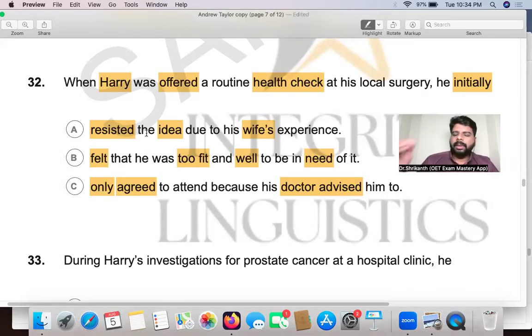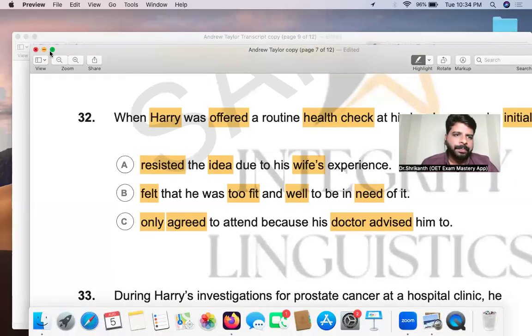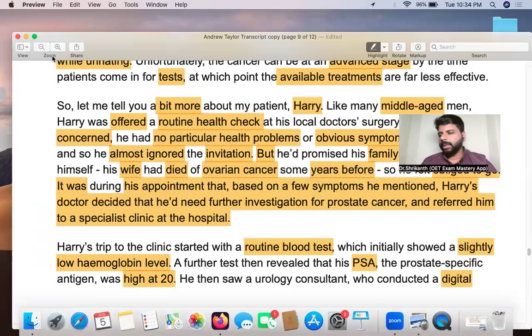The reason I'll be discussing a little bit about speaking and writing is because I did go through the letters of the mock test and all. I think it could be a little bit better. So that's the main reason I'll be covering a little bit about speaking and writing almost daily.